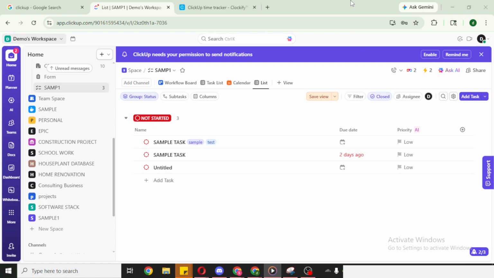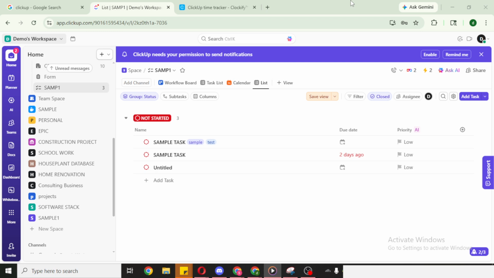Before we begin, remember that only people with the right permissions can remove other admins. If you don't have permission to manage users, you won't see the options we're about to use. It's also a good idea to confirm you're working in the correct workspace so you don't make changes in the wrong place. Start by opening your ClickUp account.